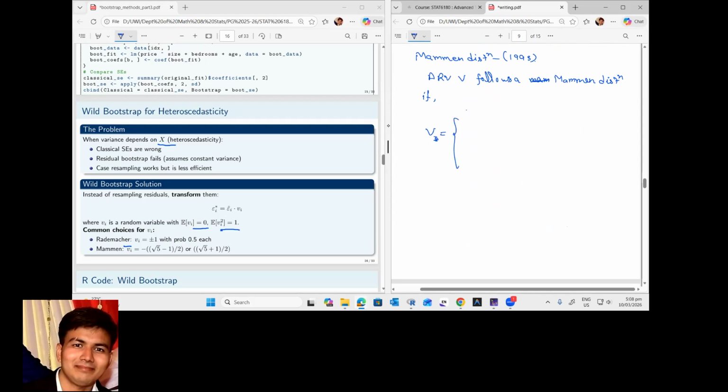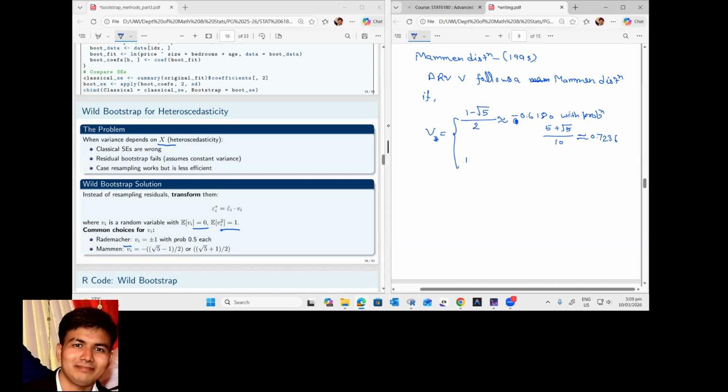One is (1 minus square root of 5) divided by 2, that will be approximately minus 0.6180, with probability (5 plus root 5) divided by 10, that will be approximately 0.7236, and